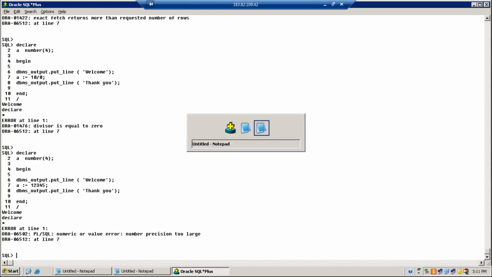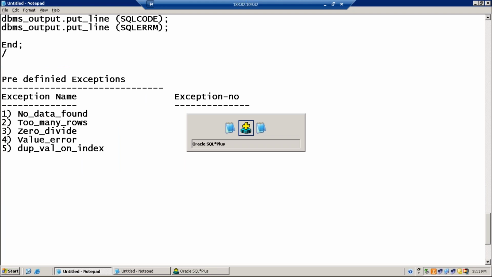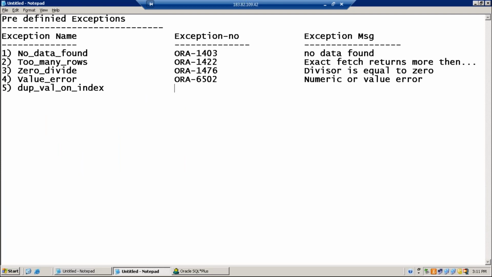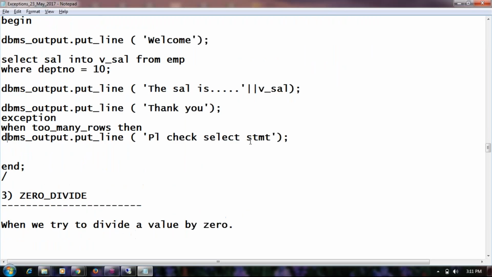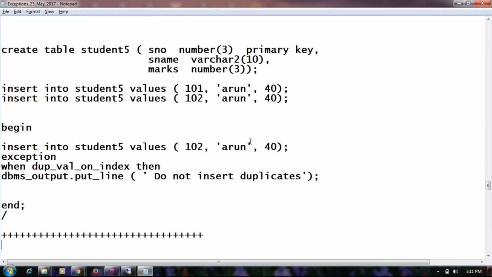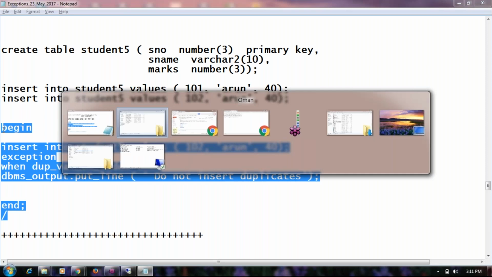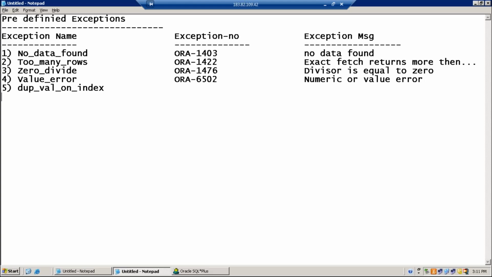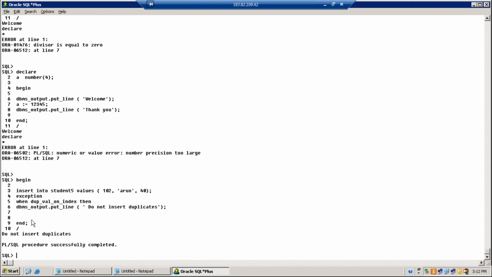Duplicate value on index. When you try to insert a duplicate value, we had an example last session. This was yesterday's running notes. We're trying to insert a duplicate value. Do not insert duplicate. We should not handle the exception.